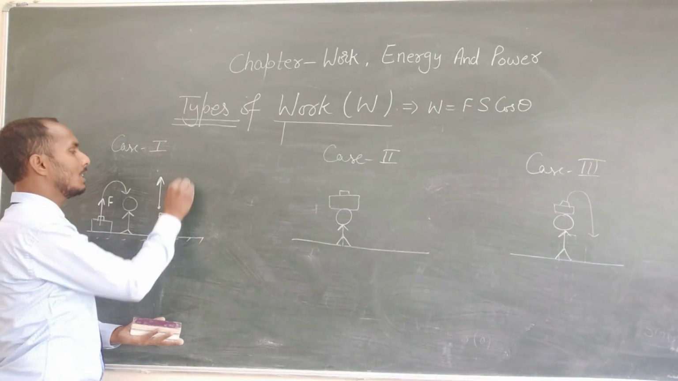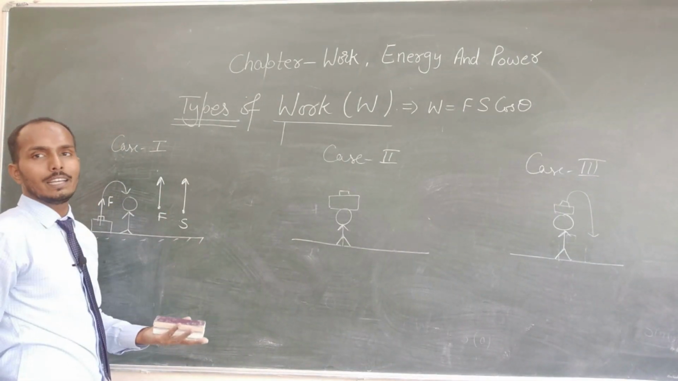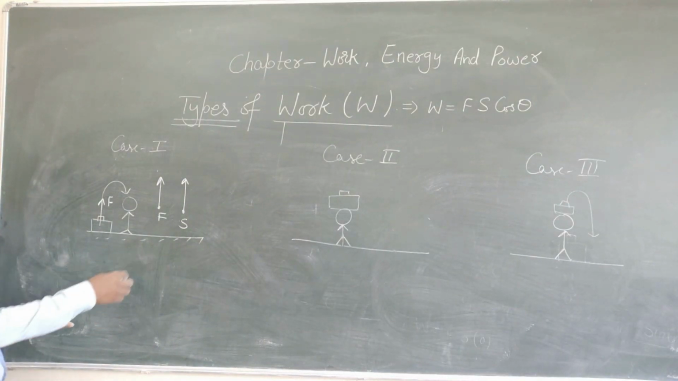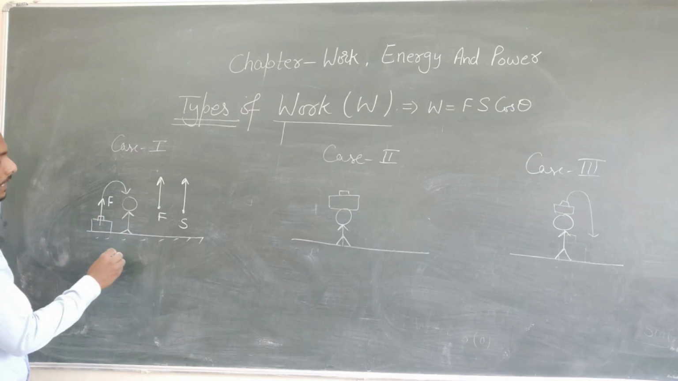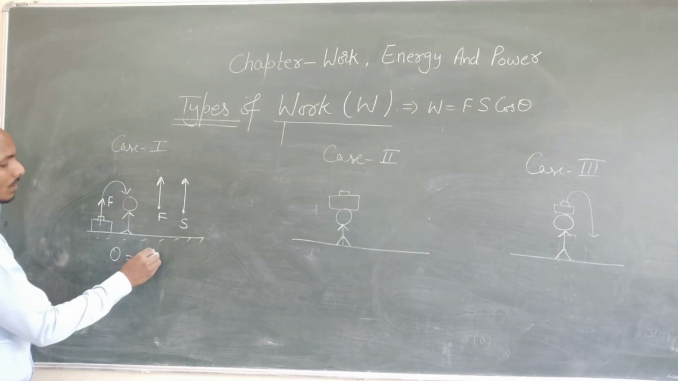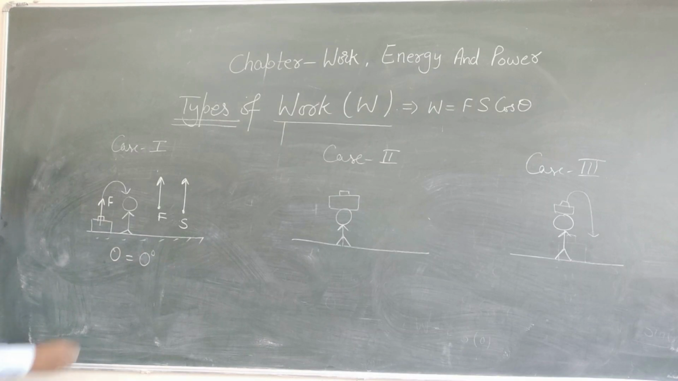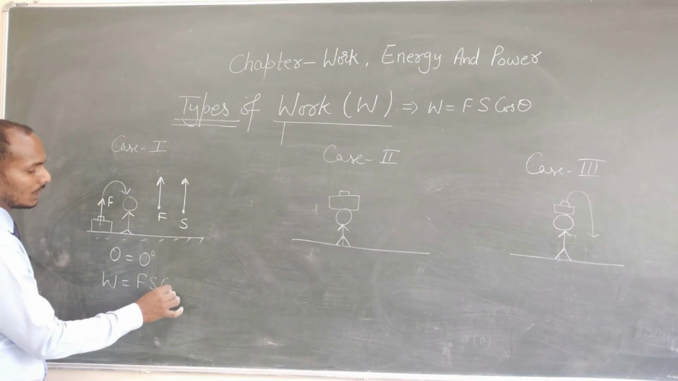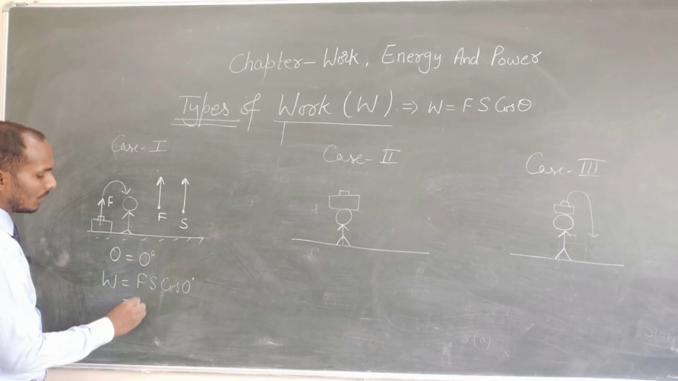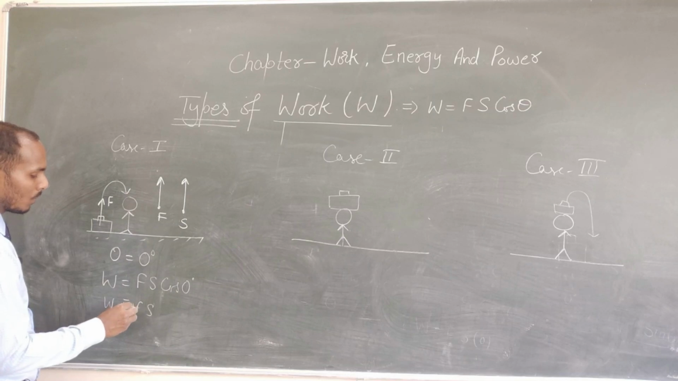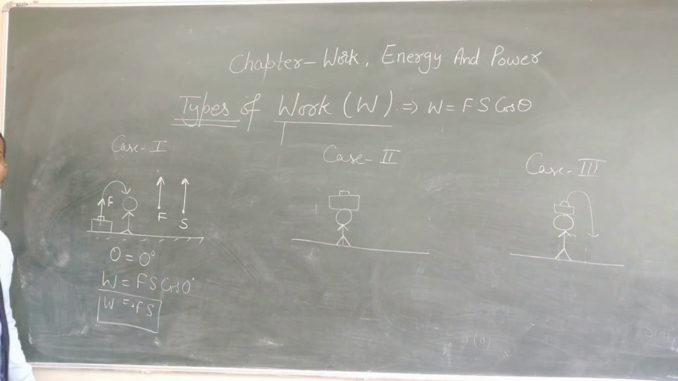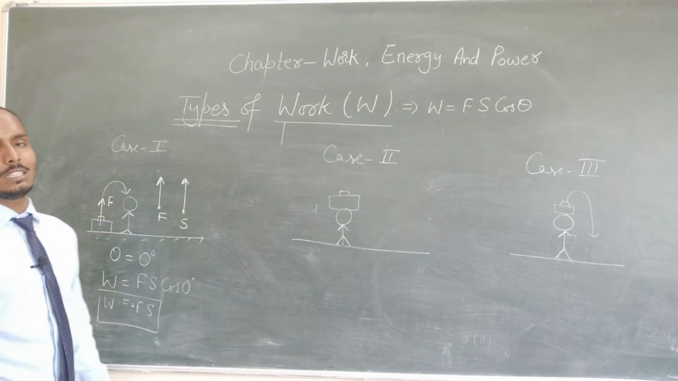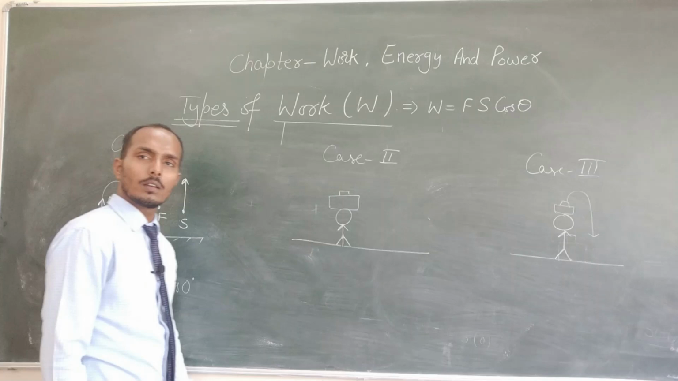It means the direction of displacement is also upward. So what kind of work is it? It is positive work because the angle is 0 degrees. We know that work is equal to Fs cos theta, and cos 0 degrees is 1, so it becomes Fs. So it is positive work. This is an example of positive work done by the porter. So the work done by the porter in this case is positive,